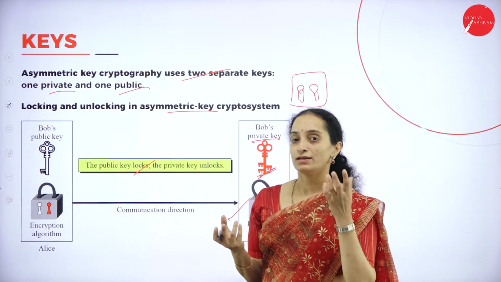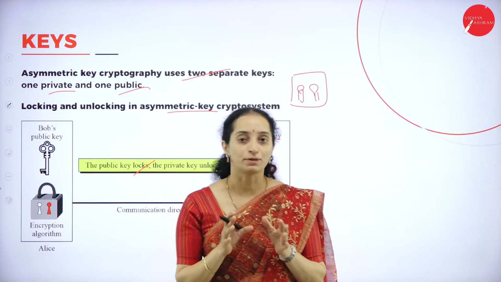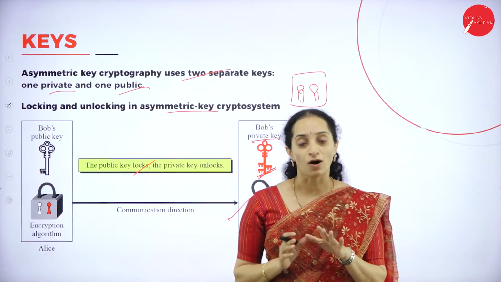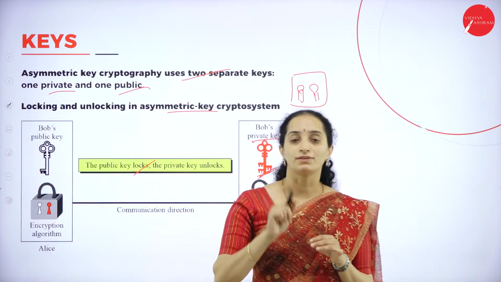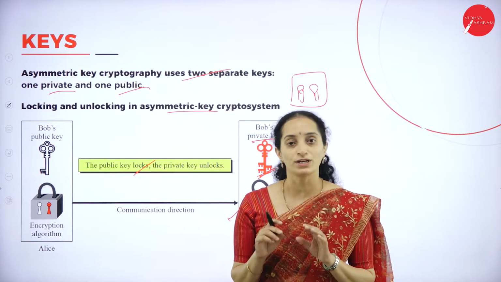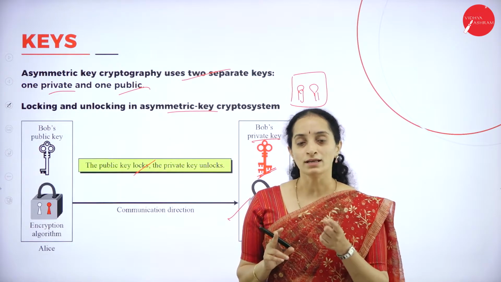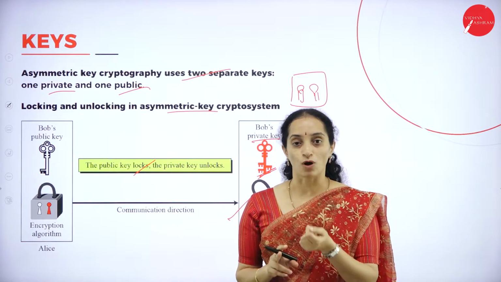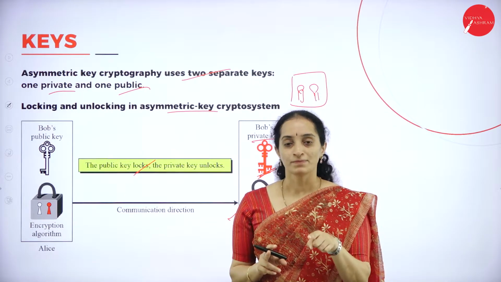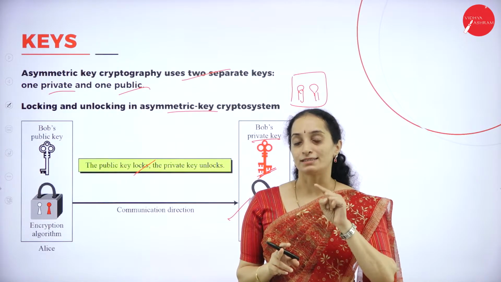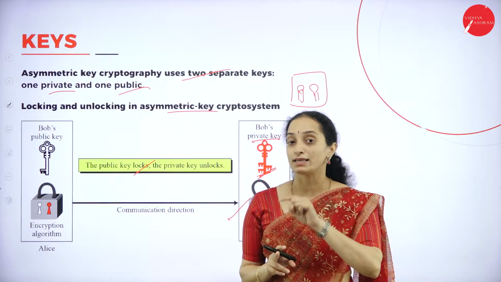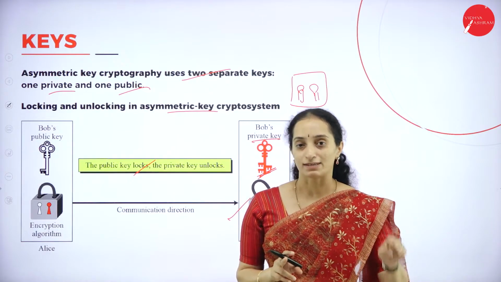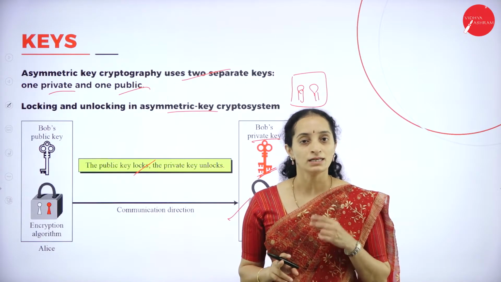Okay, so you can use the locker and keep what you want to keep, and while locking, one key that is with you will be enough. Okay, no need of both the keys. For locking, one public key which is available with the customer is enough to lock. But to unlock, both the keys, that is the key available with the customer as well as the bank person, are needed to unlock.